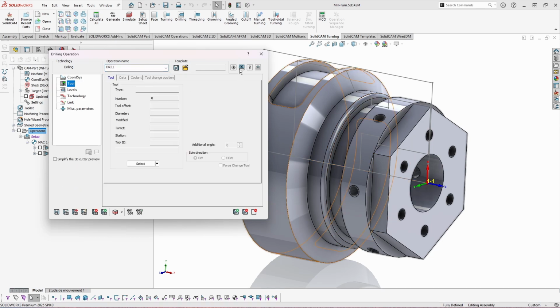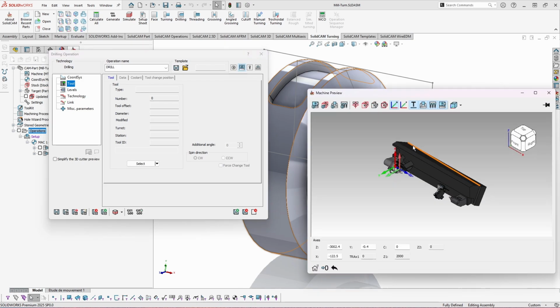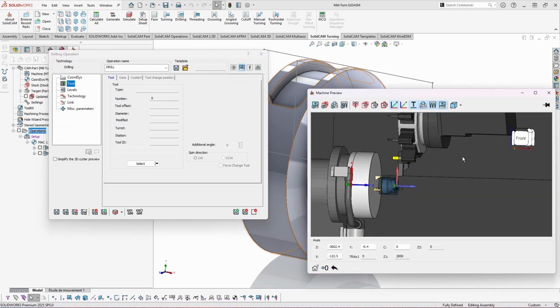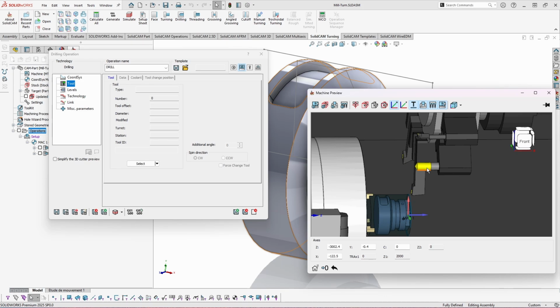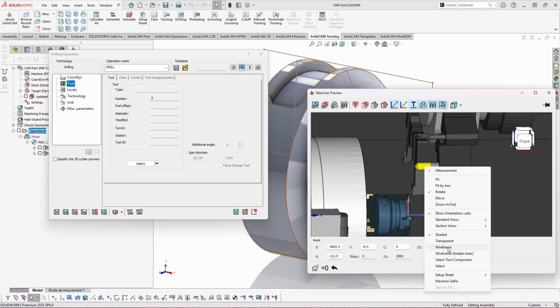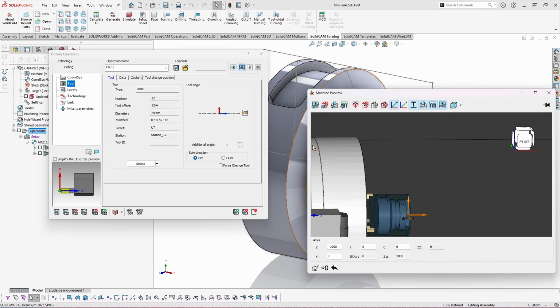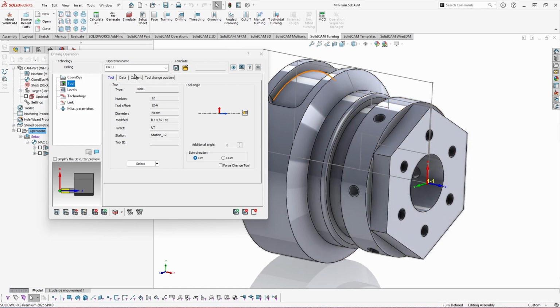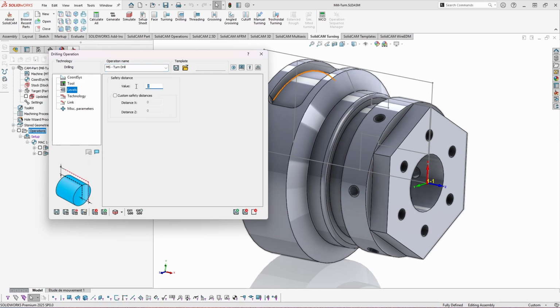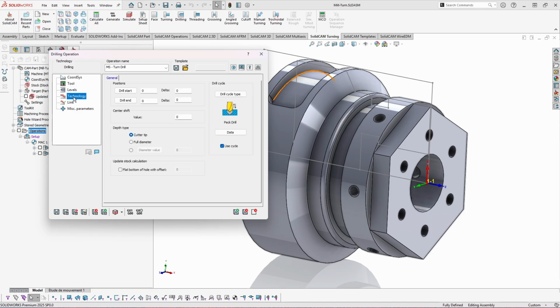For the tool, let's open up our machine preview and select what we have on our turret. We have this 20mm diameter drill tool, so let's select it. Close our machine preview. We can rename our operation as main spindle turn drill. With our levels page, we can set our safety distance. 2mm seems okay, so we can move on to the technology, where first thing we need to do is to